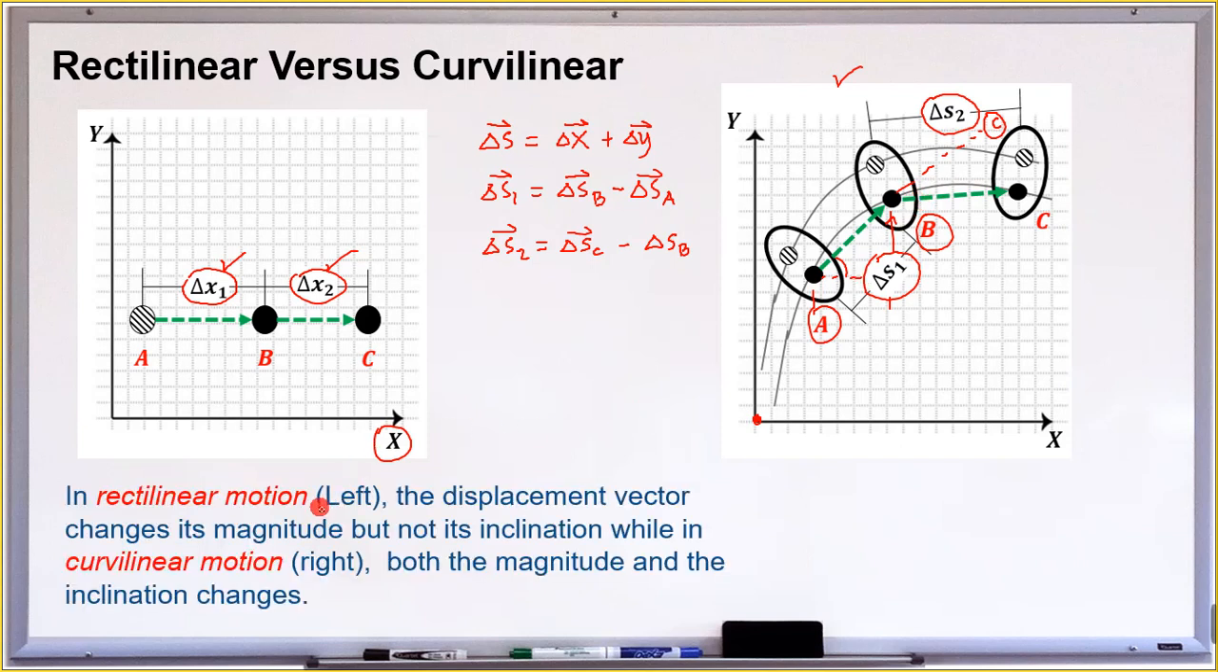So the main difference, again, in rectilinear motion, the displacement vector changes its magnitude, of course, the magnitude or value changes, but not its inclination. So they are just aligned, parallel to each other, and they are collinear. While in curvilinear motion, both the magnitude, the value, and also the inclination change. Meaning they keep changing because